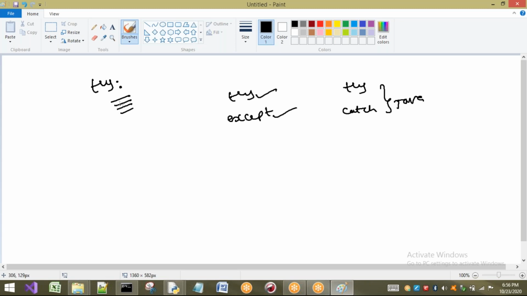Now let us consider that in this one line there is a chance of getting an exception. Let us consider I am going to get zero division error. So here I have to write except ZeroDivisionError.